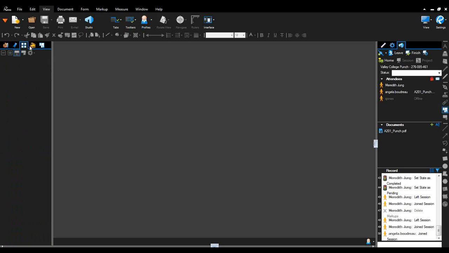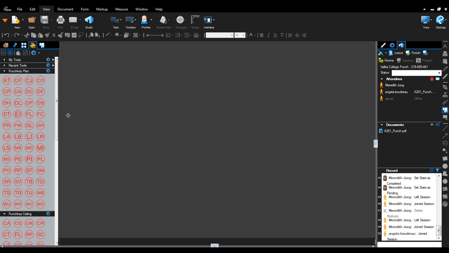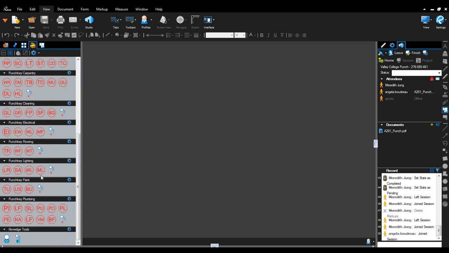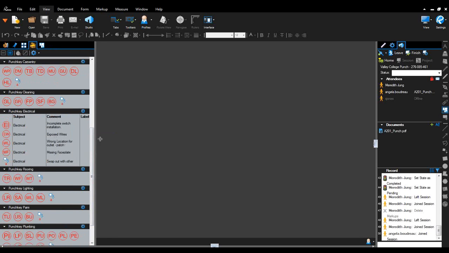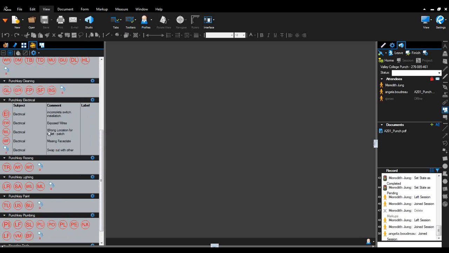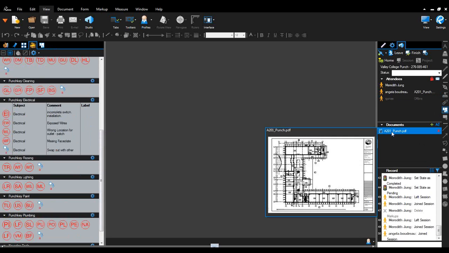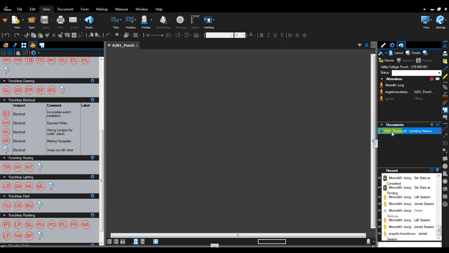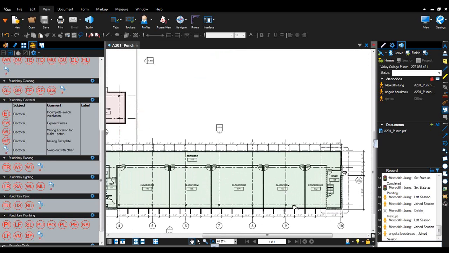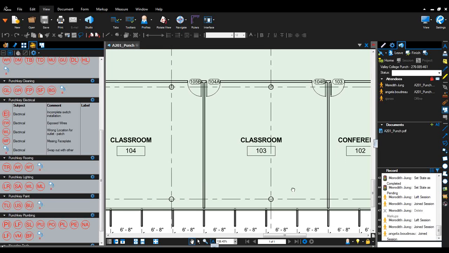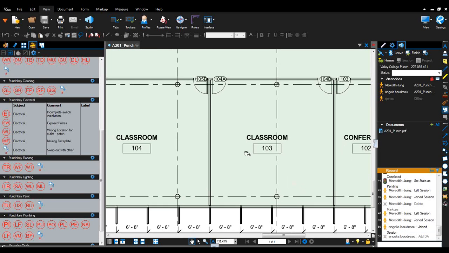And I'm going to pull up the tool chest, and what you'll notice is that punch profile has a bunch of nice punch keys here. Now these can all be shown in detail mode, which allows us to see exactly what those punch keys stand for, what the comments are associated with them. One of the things you're going to notice is that my colleague Angela has joined us in this punch walk. She's actually on site with her iPad in the field, punching a different wing of the floor than I am. But we're going to go through and say I'm out in the field over here, and I found some